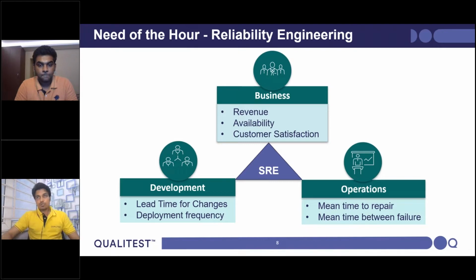Now, having understood the role of site reliability engineering in an organization, let us speak about what kind of responsibilities site reliability engineers have to possess to deliver these roles successfully. For that, let me ask Chucks to detail the site reliability engineer responsibilities. Chucks, can you briefly speak about it? We have seen the role of site reliability engineering to balance the business expectations, operations expectations, and development expectations. But from the responsibilities perspective, how do you foresee the SRE responsibilities?